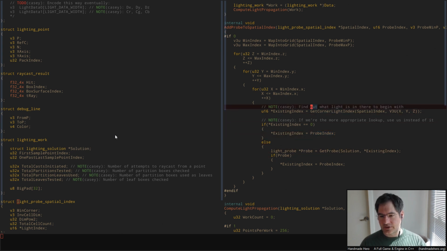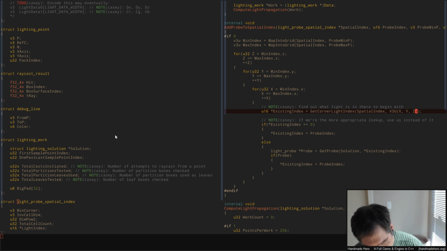And what you can see here is we're not actually using any kind of tests. We need to use some kind of test here. But what's happening is saying, look, let's get whatever light is in this spatial index at the moment. When we get what light is in this particular portion of the spatial index, we want to figure out whether or not we should replace it with a new one that's getting inserted. That's what we're trying to do here. That way, each cell of our voxel will always have some lookup into a light probe that's supposed to be used there. Now remember,